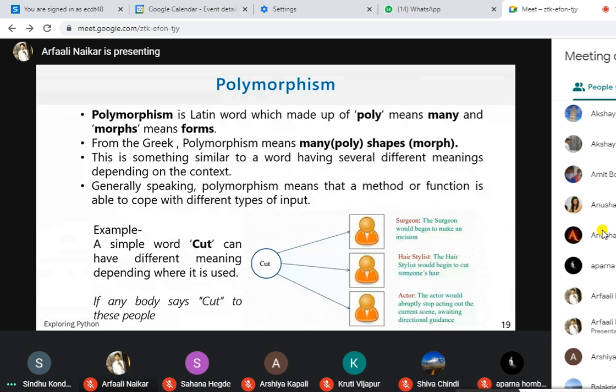Now let's move on to the topic called polymorphism. Polymorphism is a word made up of poly meaning many and morphs meaning forms. From the Greek, poly means many, morph means shapes. This is similar to a word having several different meanings depending on the context. Generally speaking, polymorphism means that a method or a function